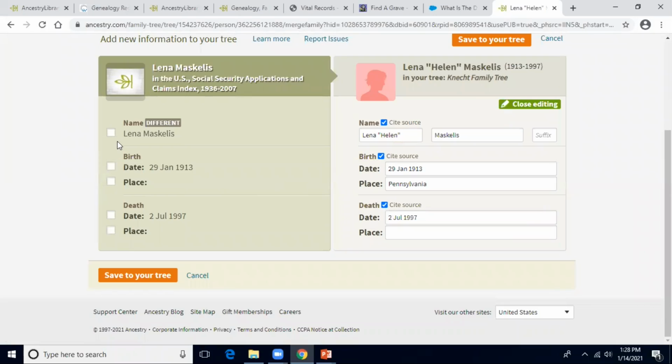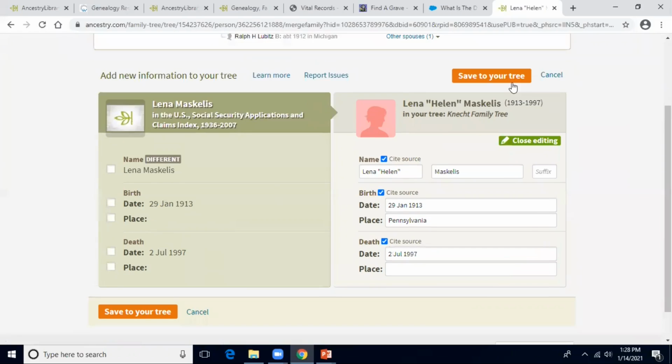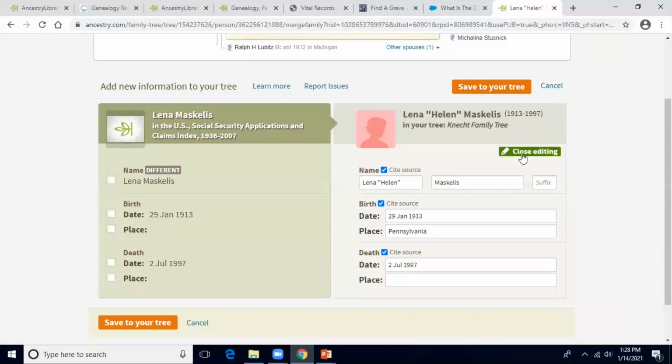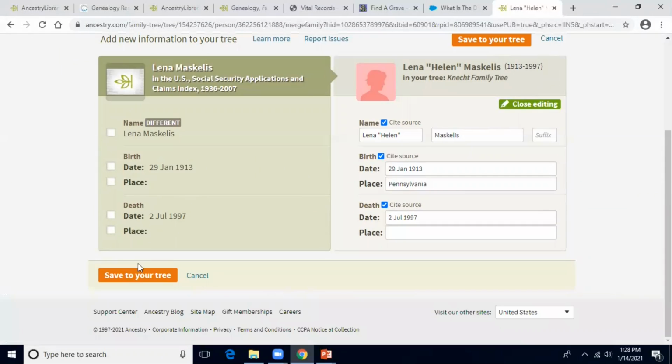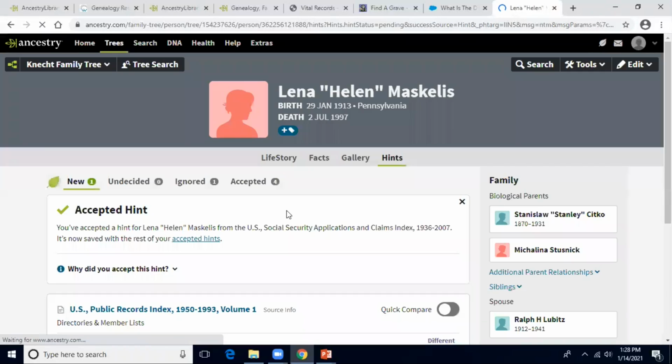You can approve the information if there's any new information you want to add. I already had her birth and death dates, so I didn't need to do that. And I have Lena in the box on this side, so I don't need to add any of that information. But if I'm not mistaken,